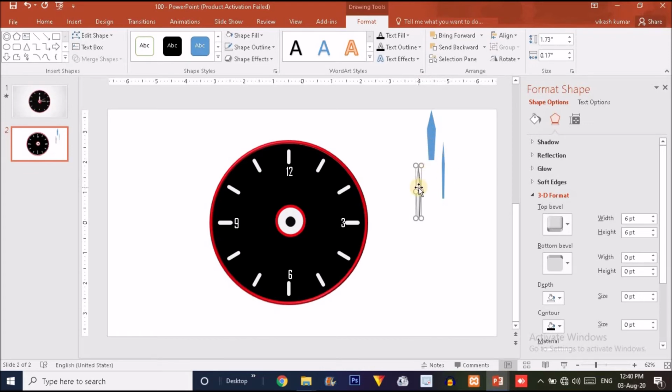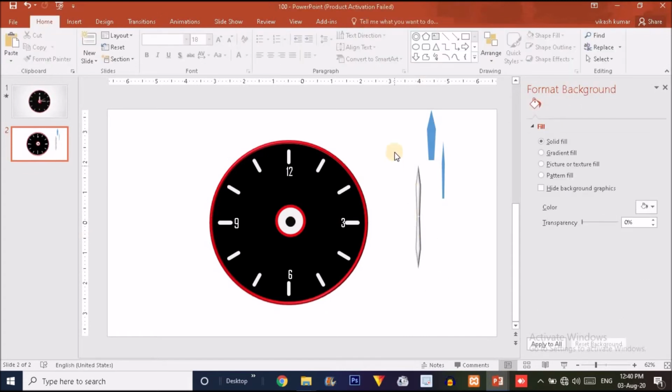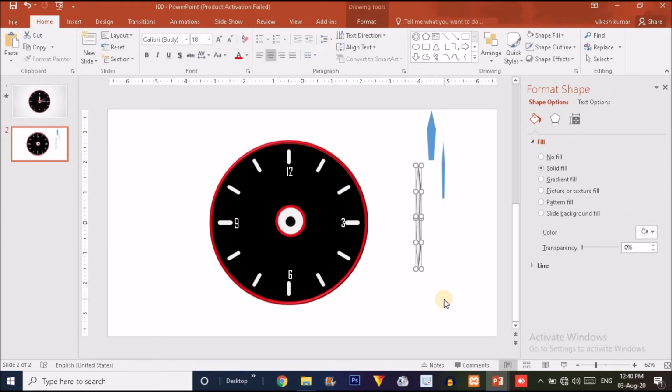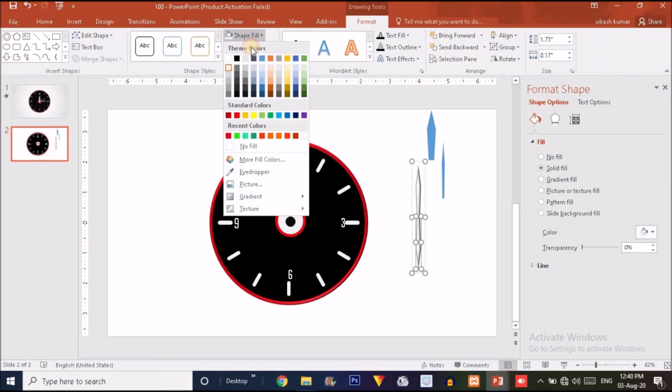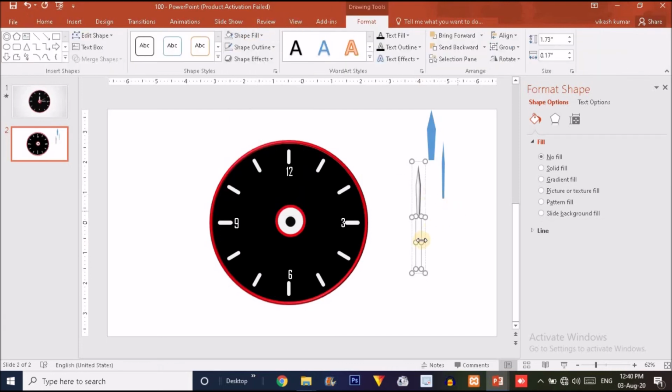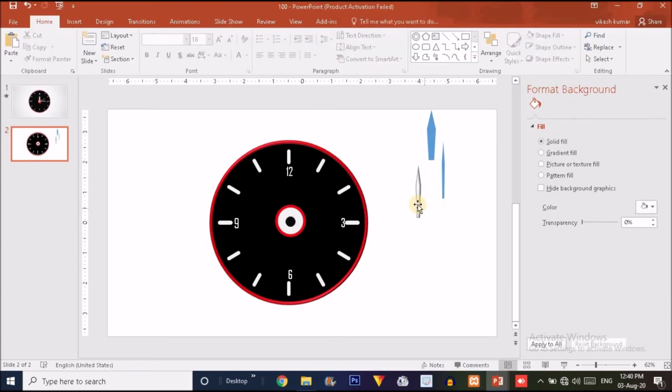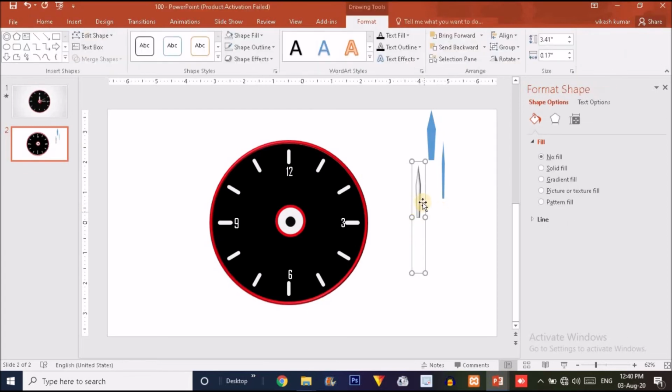Okay, so I'm going to rotate one needle, the rest of the two you can rotate very easily. I will duplicate this needle like this and flip it vertically and place it over here. Now you have to group these two needles by pressing Ctrl G, select the lower needle and make it no outline and no fill, so that it can be hidden.